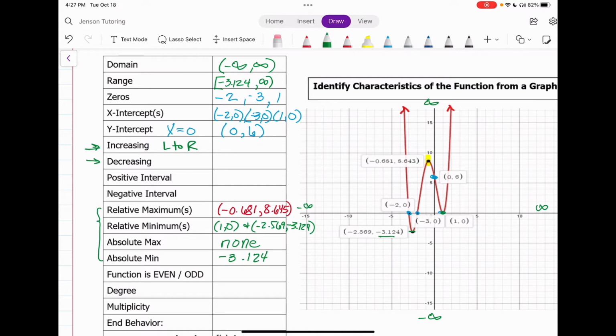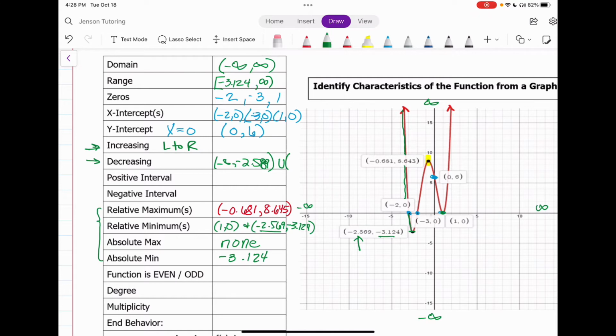So if we look at the graph, I tend to just start with the graph on the left, and I say, okay, I'm going to start at the leftmost point, and my graph is decreasing from x equals negative infinity all the way until I get down to this turning point at x is negative 2.569, which you'll see is also my relative minimum x value right here. So it's decreasing from negative infinity to negative 2.569,